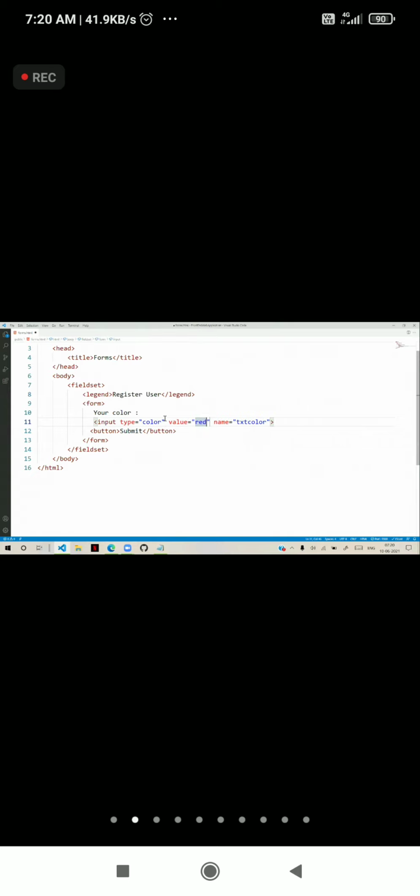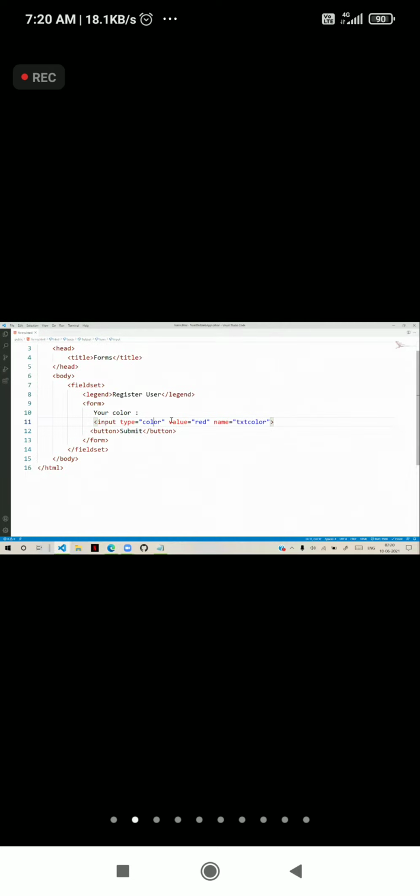So value is red, some red color value I am defining, and you can see it's not showing any value. But it allows us to pick the color. That means I am picking up the color here. You can see that. And I pick the color and submit the color. It puts that reference.